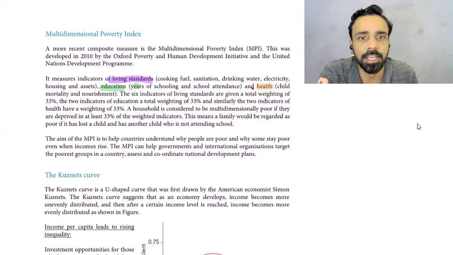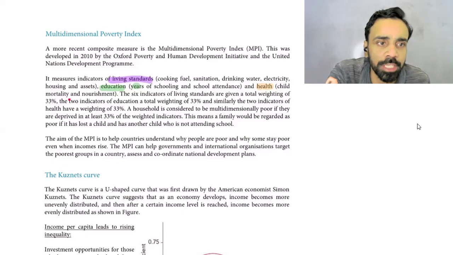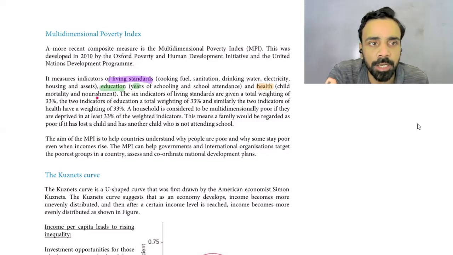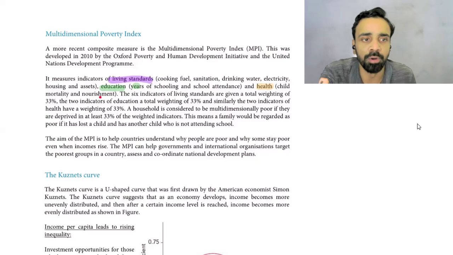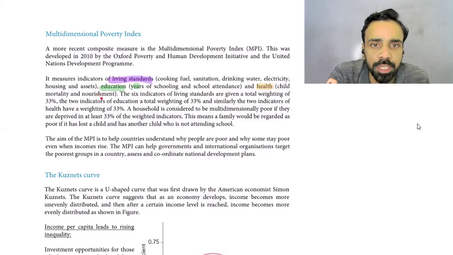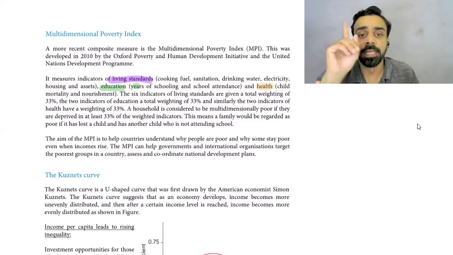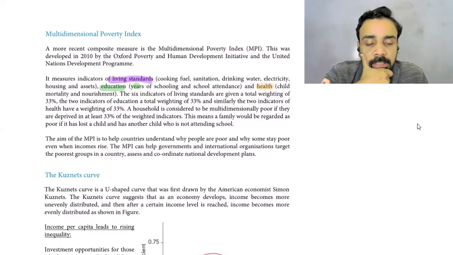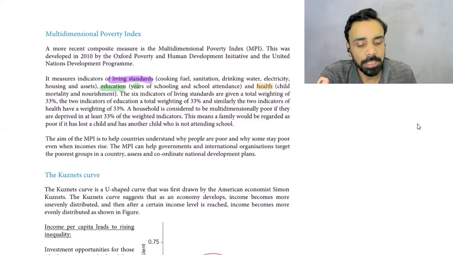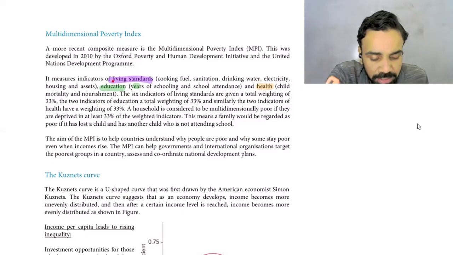फिर हेल्थ केयर के अंदर बेसिकली चाइल्ड मोर्टालिटी एंड nourishment, like how the food access to the health care of kids and adults, उसको इन दो इंडिकेटर्स को 33% दिया है. In the marking scheme, I have seen them writing, because you're writing an A2 का essay, so we need much more